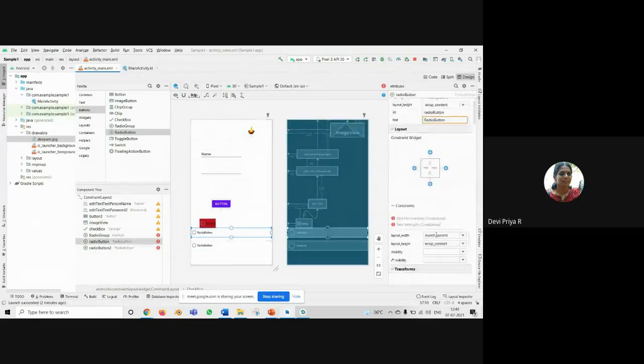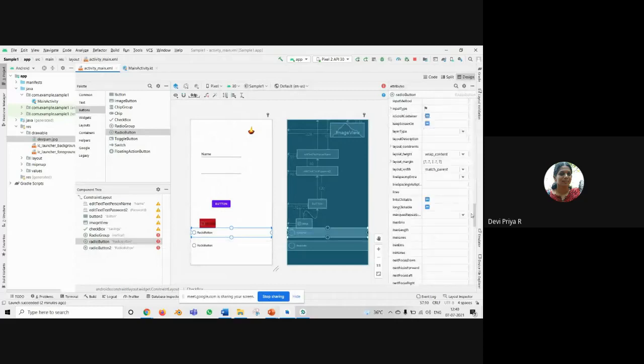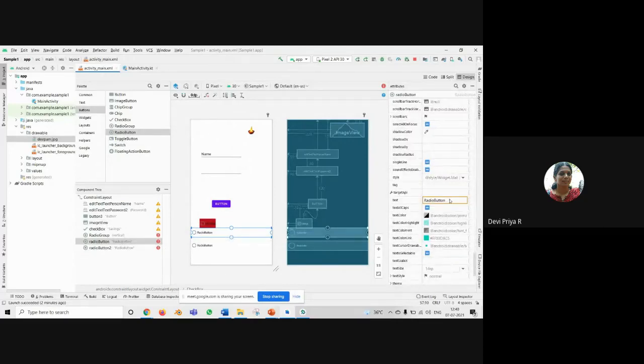Okay, and for this also, I am choosing withdraw, or deposit.